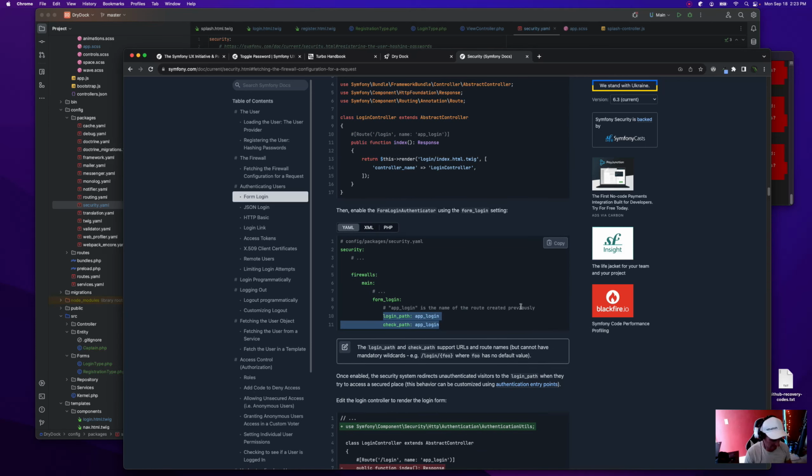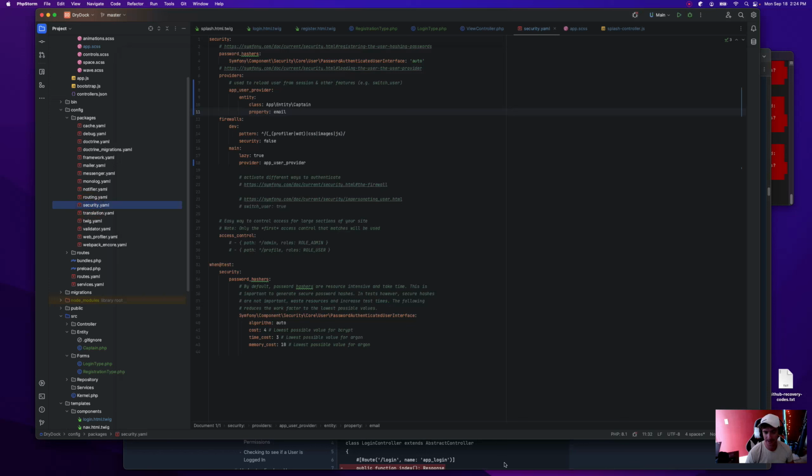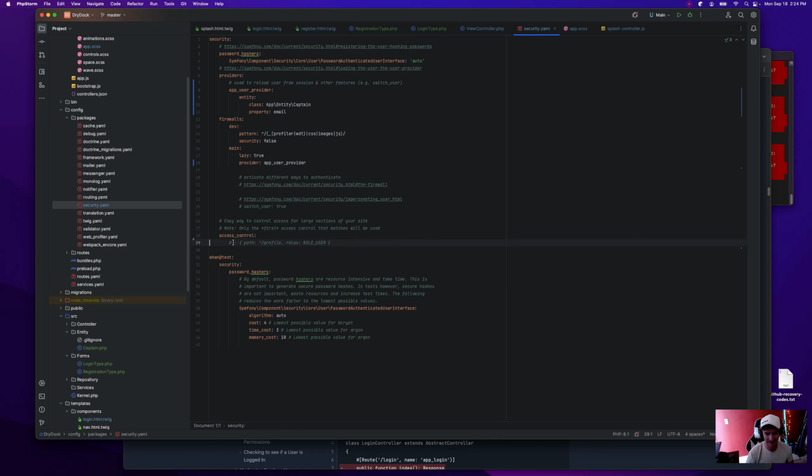We're gonna want to set these login and logout paths, and this access control right here. I'm just gonna go ahead and get rid of this. So user role is the default one. We're just gonna keep it like that. You know, we could have the role captain, I guess. If you don't have that role, you can't look at any of this stuff, but it's a user. I don't see a reason to change that.